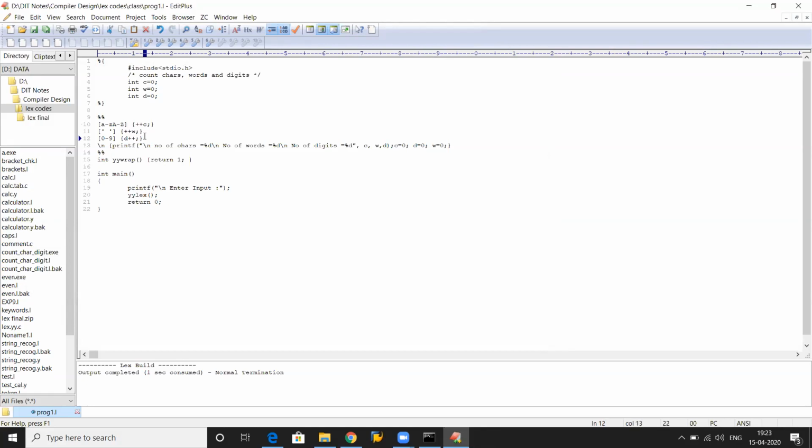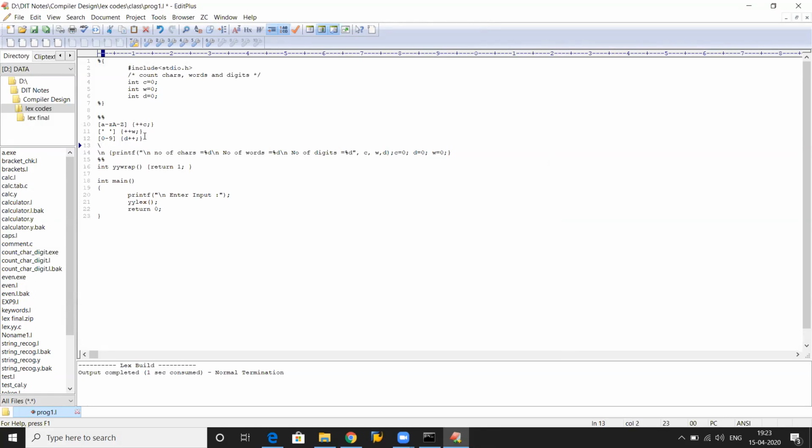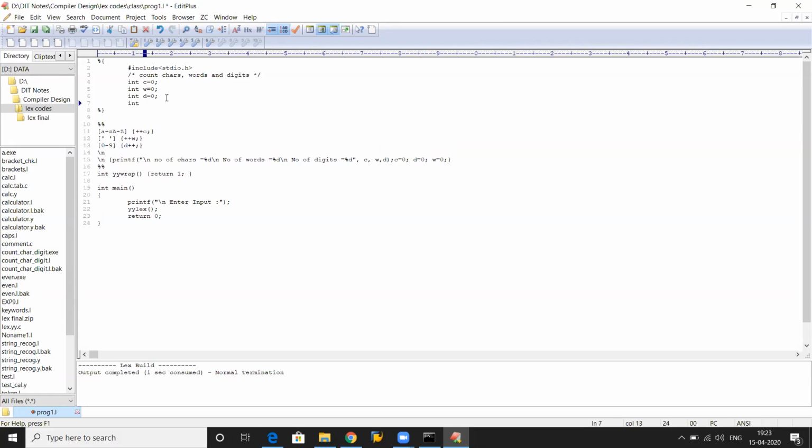Now let's see the example. I wish to count the number of lines also. So I have declared integer L equals to 0, and the enter key will count the lines. So L plus plus, right? Now what is the problem with it? The input ends on enter and the line also ends on enter. So when it is going to print the output, I have made a rule: if you press a double line, then it will terminate the input, right?